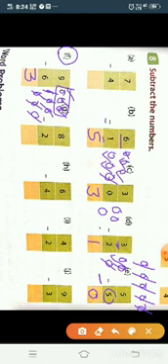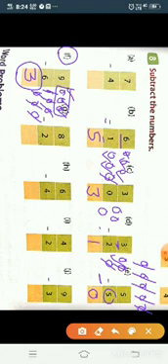See students, where are we writing the answer? Just below the second number. Here the first number is 9, the second number is 6, and just below the second number we write the answer. Now see the next one.